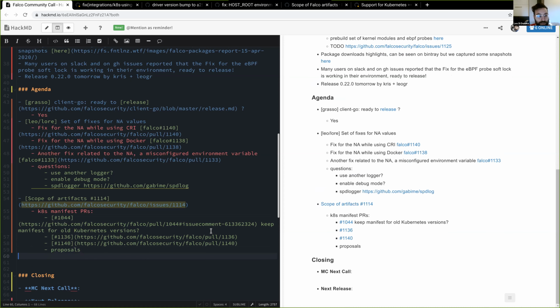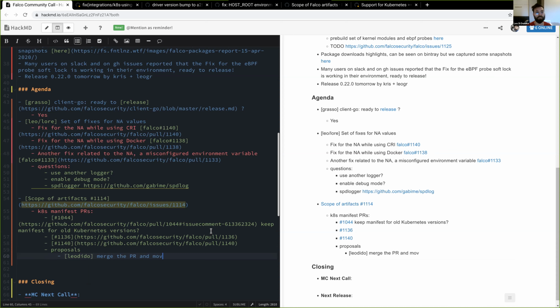In another repository that's community maintained. So my proposal would be to find someone that is willing to take care of those integration files, not in the Falco repository, but in another repository, also in the Falco Security Organization. No problem about that. This is my idea.